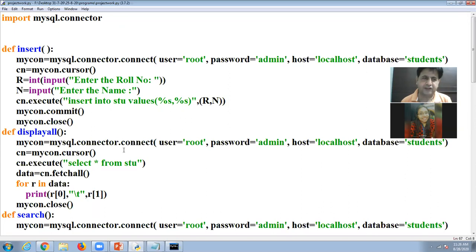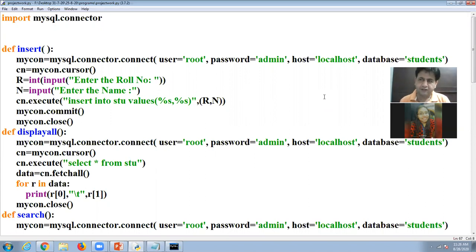And in any project, these are the activities you will have to do. Suppose you take for example the case of banking: you will create a new record, a new account. You enter the deposit amount. You enter the withdraw amount. Then you display the detail of a particular record. You can display the detail of all the records. You can change the detail of any particular record, or you can close any particular account.